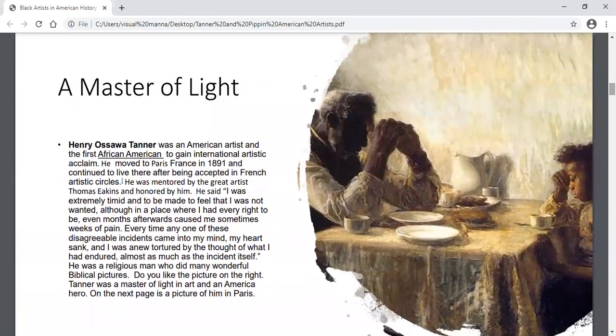Henry Tanner was an American artist and the very first African American to gain international artistic acclaim. He moved to Paris, France in 1891 and continued to live there after being accepted in French artistic circles. He was mentored by the great American artist Thomas Eakins and honored by him. When you have a mentor, it means someone sort of takes you under their wing and trains you and shares